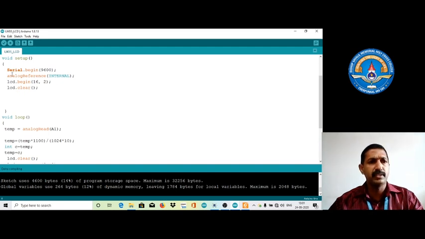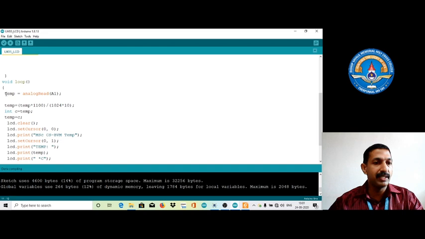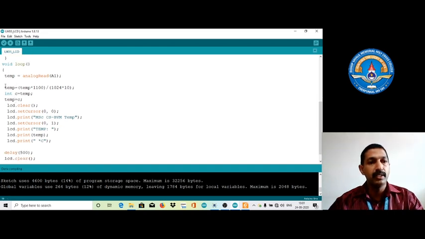After that, in the setup, it starts with Serial.begin 9600. There is a variation here: we are using the internal analog reference, defining lcd.begin 16 2, lcd.clear, etc. Same. Then we assign the variable inside the loop. Every time the variable temperature is assigned with analogRead of A1.